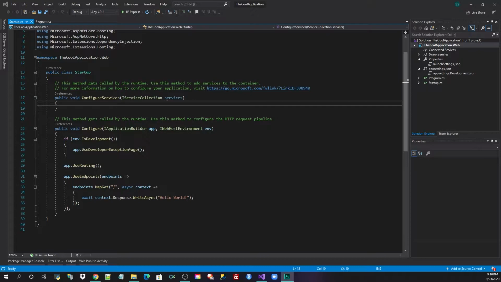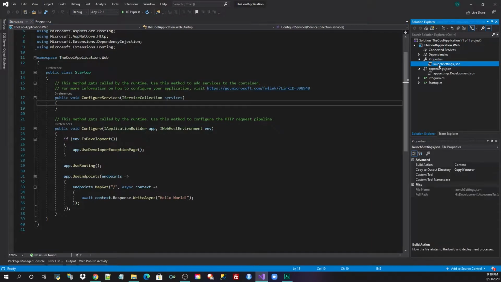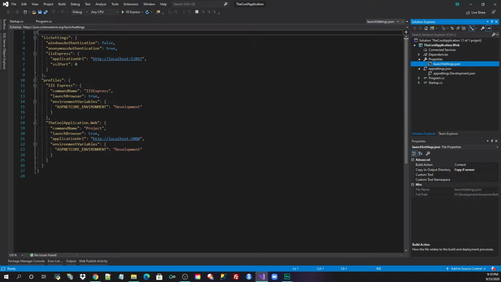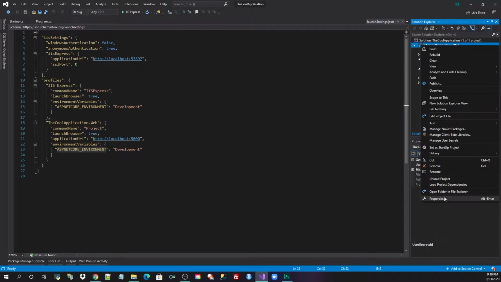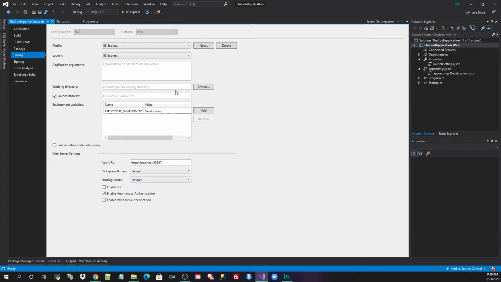Okay, so right now we're in Visual Studio. This is the cool app application. On the properties, you see launch settings, and this is the launchSettings.json. And as you can see, this is where we could represent different environment variables in our project. Now, traditionally, this is set here. When I first learned about it, I think it was in the properties. And here's where you would add or remove different environment variables. You know, we tend to use these for all types of different reasons, but